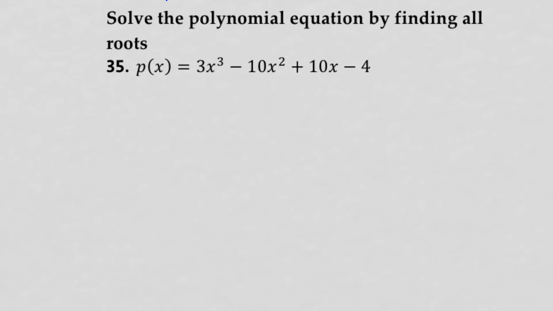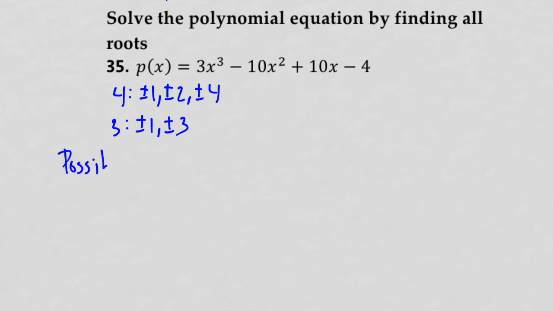Let's start by asking, does factoring by grouping work here? No, it doesn't seem like it, right? If I try to group these two together, the only thing I could factor out is x squared. If I try to group these two together, I could factor out a 2, but it's not going to help me. They're not going to be the same. So basically, we're going to do the same thing we did in the last one. Start with the 4. List all of its possible factors. Then the 3, the leading coefficient. List all of its possible factors. And then the possible rational roots